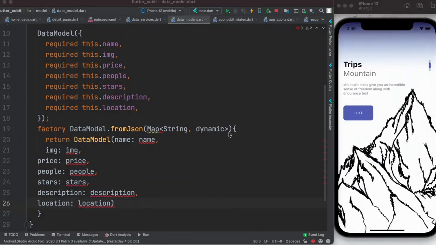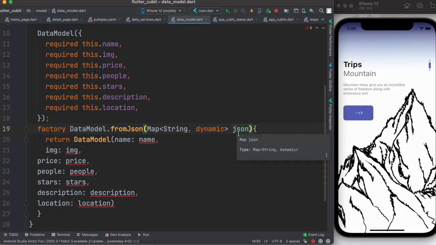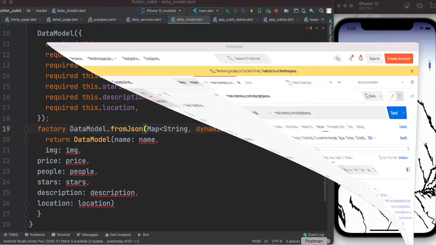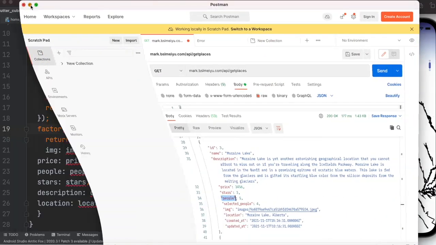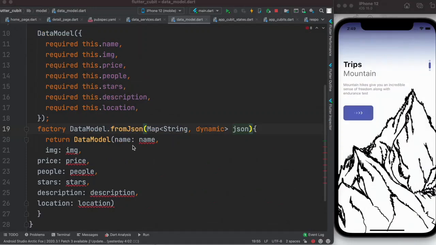Here we'll have a variable and we'll call it JSON. We'll send information to this variable, and this variable should hold this information here, these keys here. Now we'll be able to access them. So here we'll write JSON